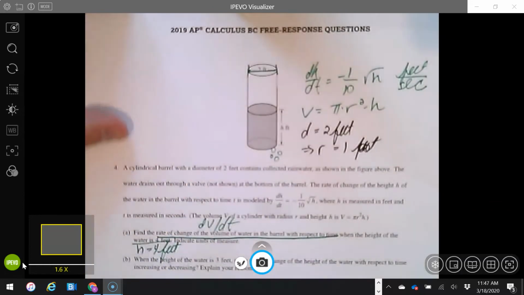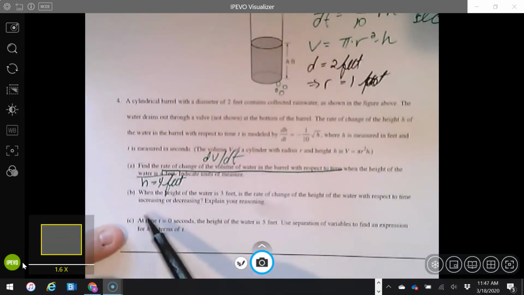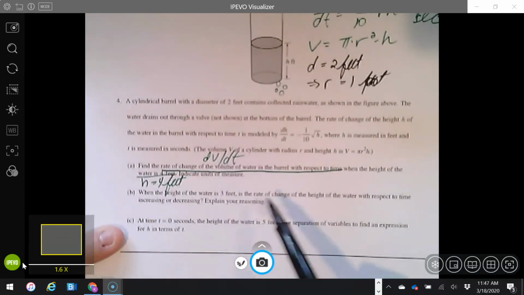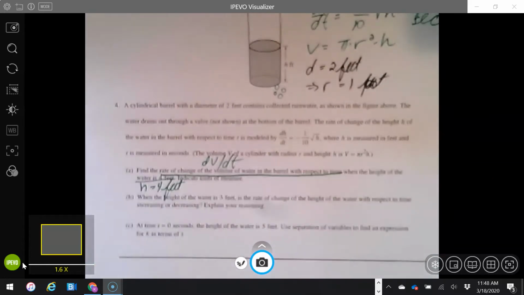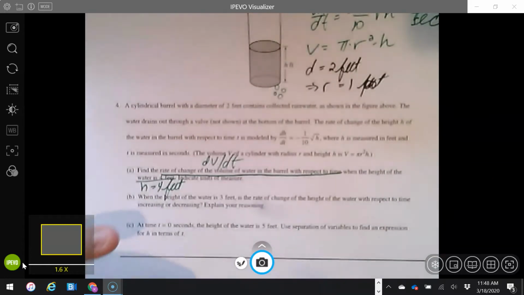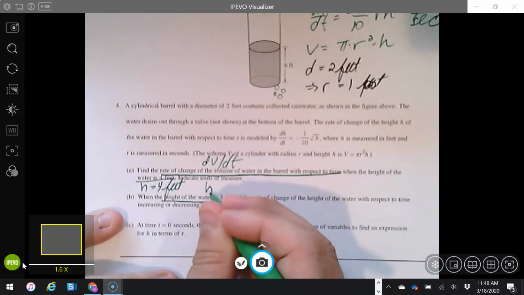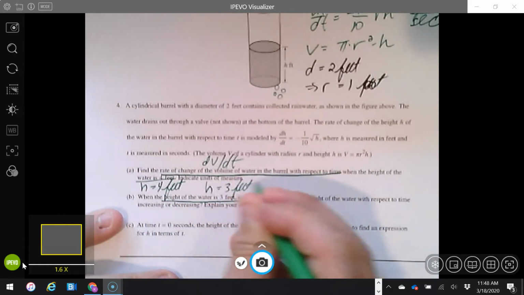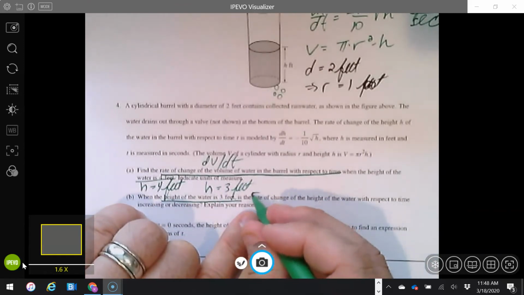In part B, we're told when the height of the water is, sorry, blurry there, when the height of the water is 3 feet, is the rate of change of the height of the water with respect to time increasing or decreasing, and we have to explain our answer. So when the height of the water is 3 feet, so h equals 3 feet, is the rate of change of the height of the water